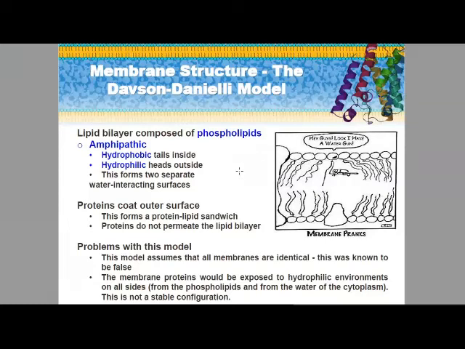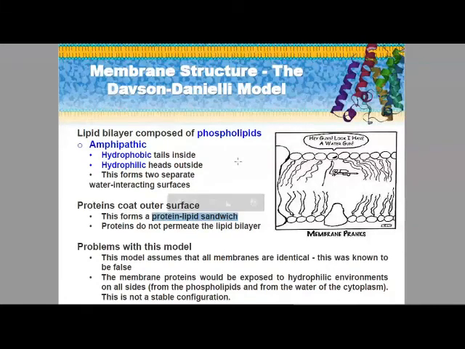Besides the phospholipid bilayer, Davson and Danielli suggested that there was a protein coat as an outer surface for the phospholipid bilayer. And this model was also known as the sandwich model,